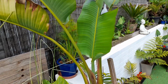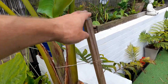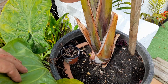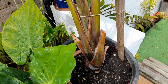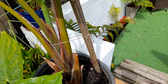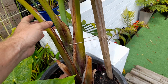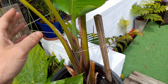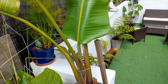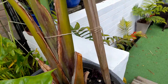So what we've done is I've just put a stake in. So this is a smaller pot in a larger pot. So I put the stake the size of the larger pot, and I've just tied it in with a bit of string just to give it a little bit of support, because what we don't want, and we expect, like I say, maybe some damage to the leaves, but what we don't want is basically the